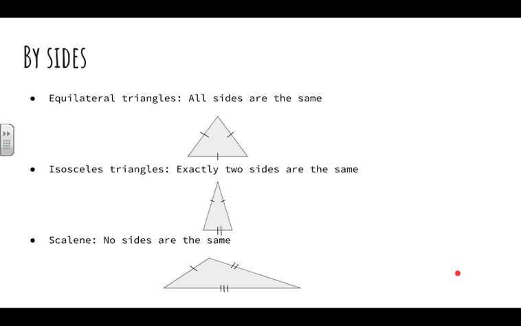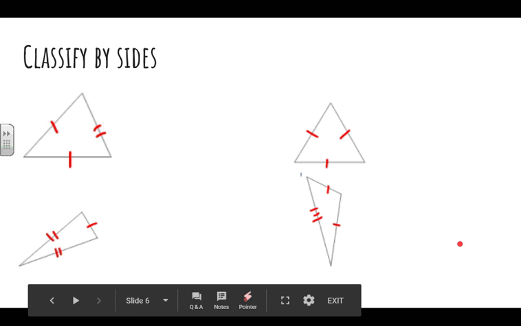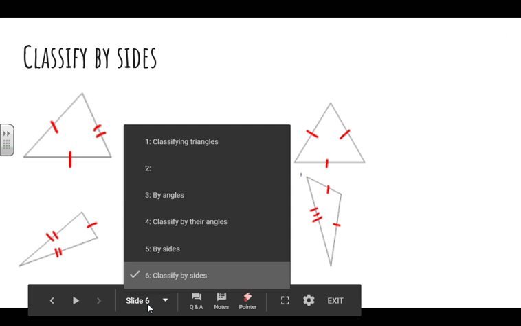Finally, this triangle down here at the bottom is what's known as a scalene triangle. None of the sides are the same. We see they all three have three different style hash marks. That means they all measure something different. So that's a scalene triangle. All right, we're going to practice